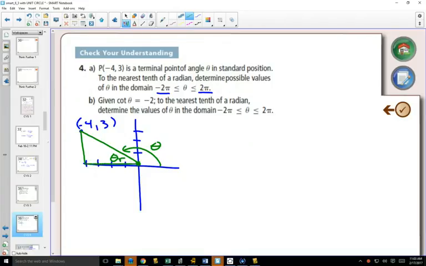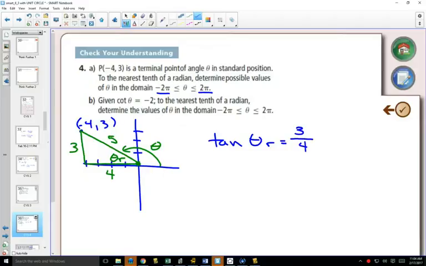What do we know about this triangle? We know this length is 4. We know this length is 3. A squared plus b squared equals c squared. This length is 5. Now taking this triangle and looking at it, well, what could we say? We could say that tan of our reference angle is opposite